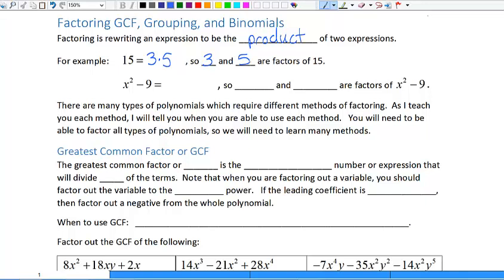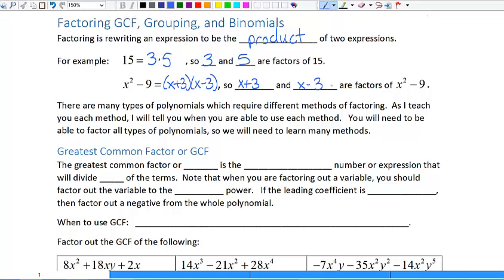So x squared minus 9 can be rewritten as x plus 3 and x minus 3. If we distribute, we do truly get x squared minus 9. Now I don't expect you to know how to do that right now, but we know that this is true. So therefore we can say that x plus 3 and x minus 3 are factors of x squared minus 9. We will teach you how to factor x squared minus 9 a little bit later on in this lesson, but